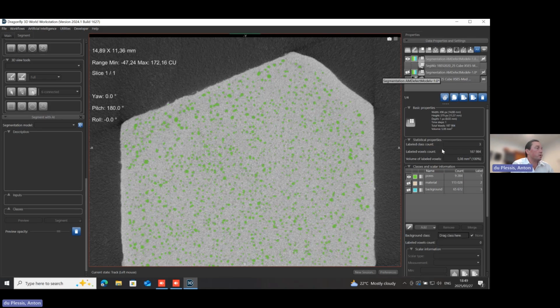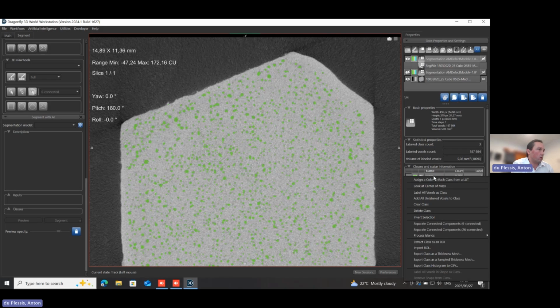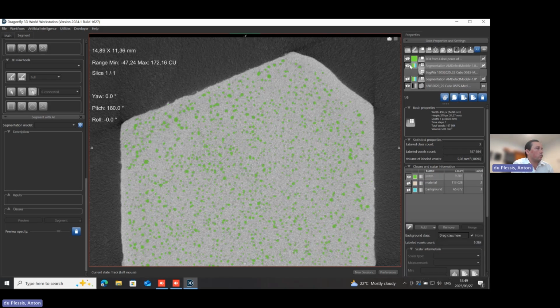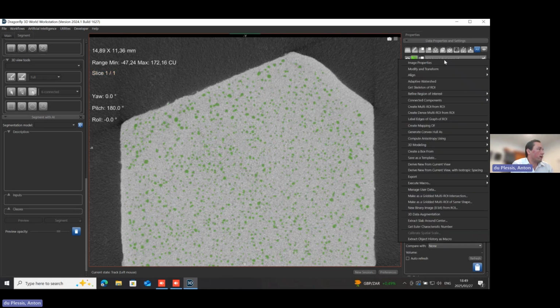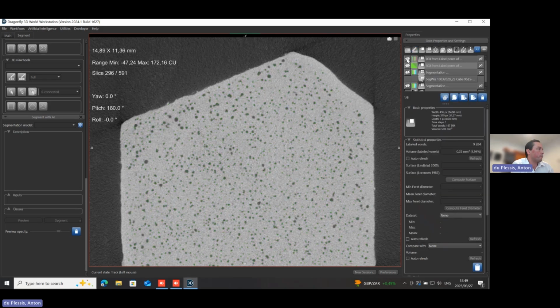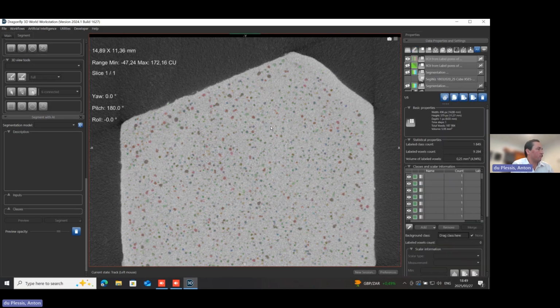So if we take the pores from this multi-ROI output from the deep learning, we can extract this as an ROI. So we have a 2-dimensional region of interest here. You see this by looking at this annotation here, which says slice 1 of 1. We can do a right click and connected components, new multi-ROI. So there we have, again, as before, color-coded pores based on no information yet.